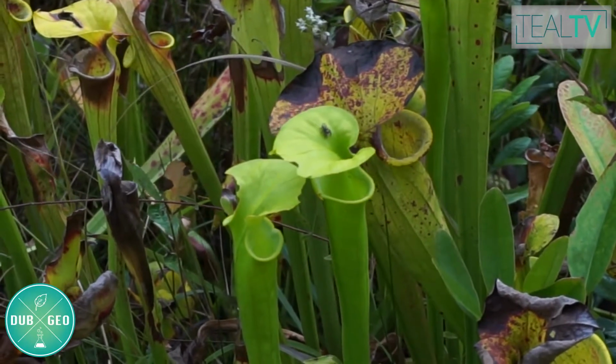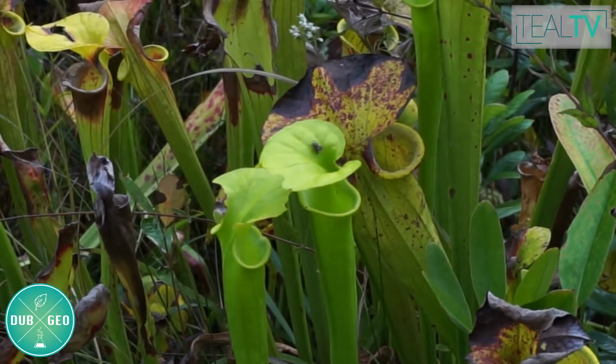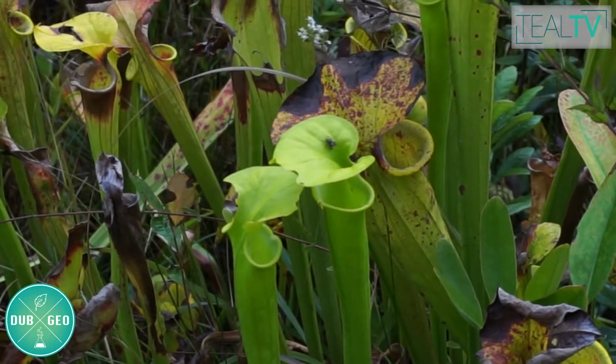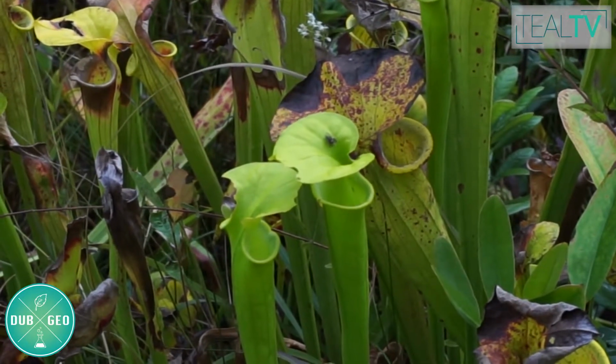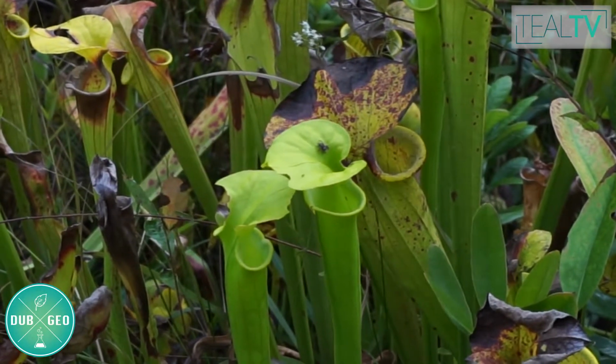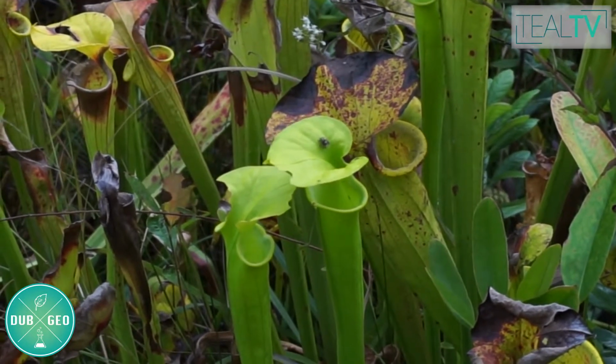Next up on our list of carnivorous plants is the pitcher plant. The pitcher plant secretes a substance that makes their inner surface very slippery. So when insects land or crawl into this substance, they slide down into the bottom of the plant. The bottom of the pitcher plant contains digestive enzymes and rainwater, where the insects eventually drown and are broken down